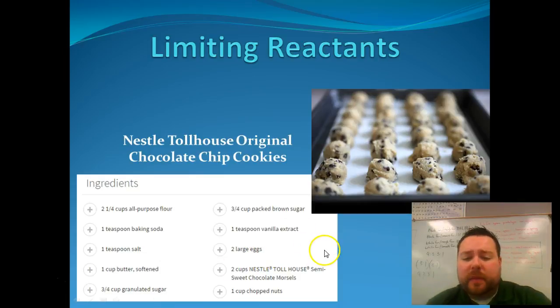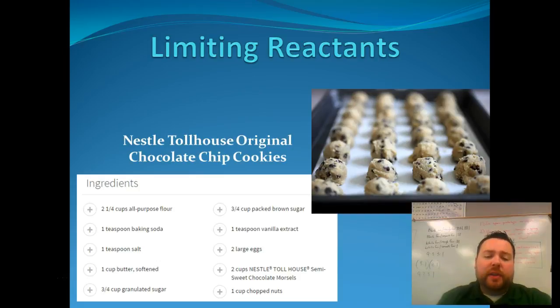2 large eggs. Now, when you're cooking, sometimes you find out, all right, I don't have 2 large eggs. You open up the refrigerator and only have 1 egg. Well, does that mean no cookies? Not at all. As a lot of you are probably already thinking, you can just cut your